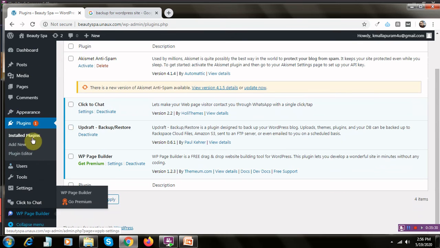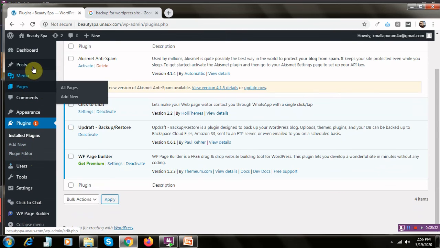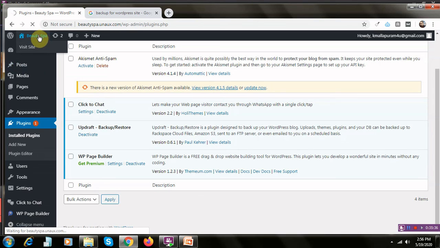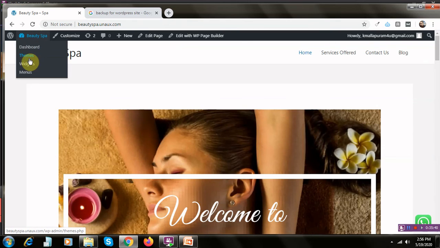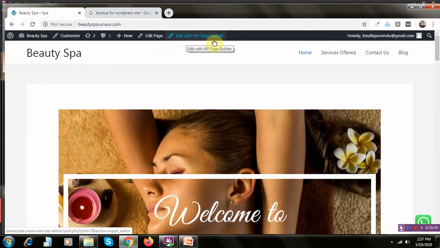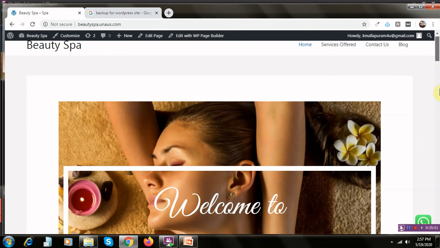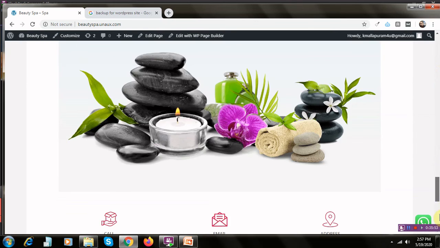If you come down here, we have added pages, we have added posts, we have seen the dashboard, the menu, the widgets, the themes, and how to customize them if you want, and edit with the WP page builder, and we have seen how to set this up. These are some of the things that we have done.